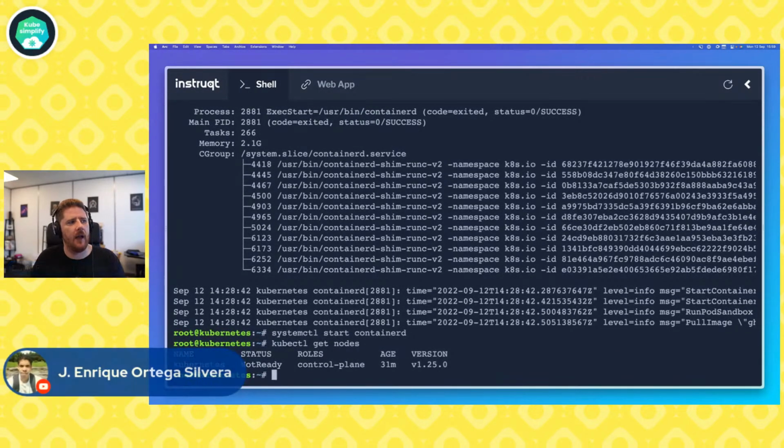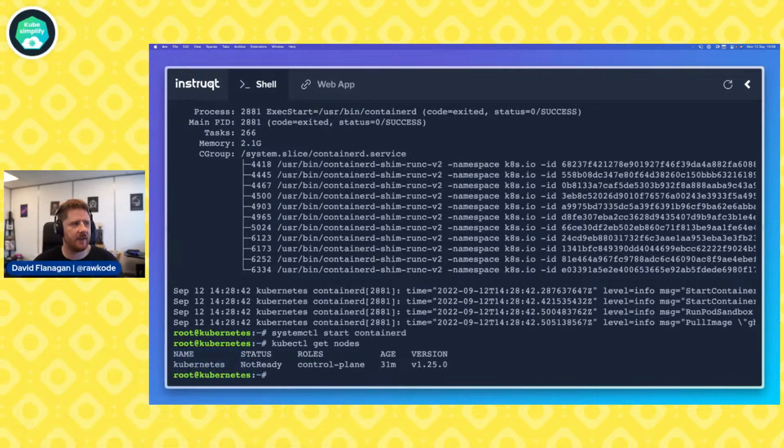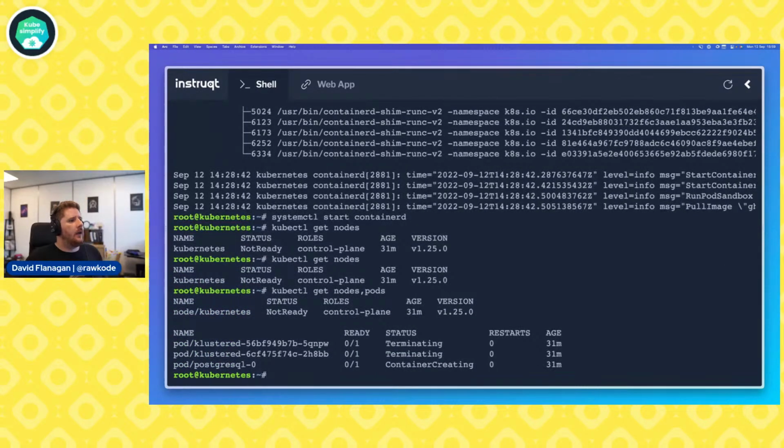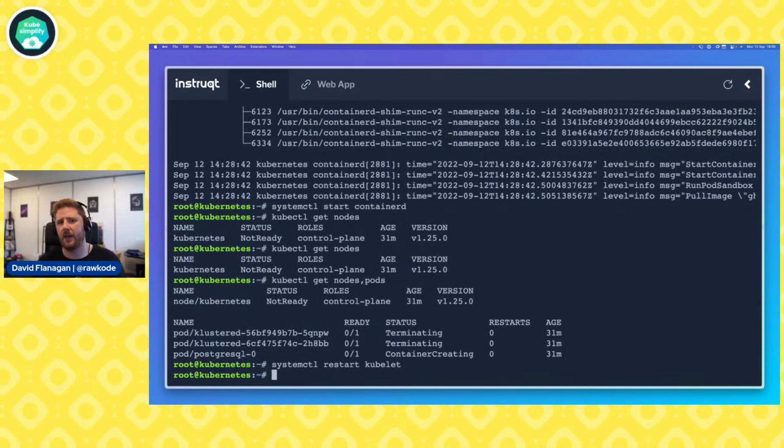Okay. Run get nodes. I didn't give it enough seconds. Eventually, get nodes will report that it is ready. And if we run get pods, oh, we're not quite there yet. In this case, the kubelet might take a little bit of time to realize that containerd is there again. You can actually encourage it with just a quick restart. So we're going to give kubelet 5 to 10 seconds to start speaking to containerd and updating all of the statuses within our cluster.